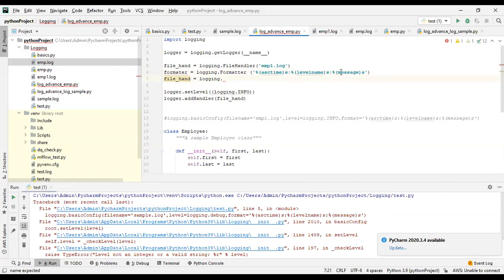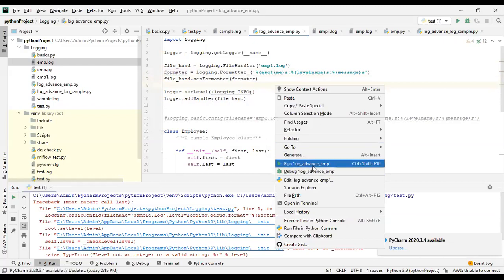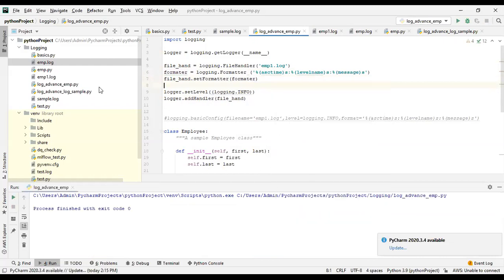Then on the file handler I'm adding set formatter, keeping the same formatter. Now if you execute and see, you will see the same date and time information in the file.